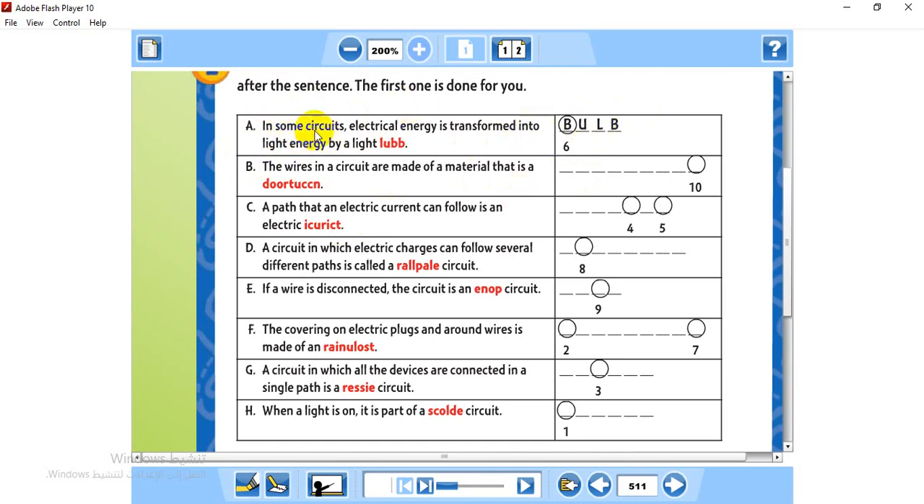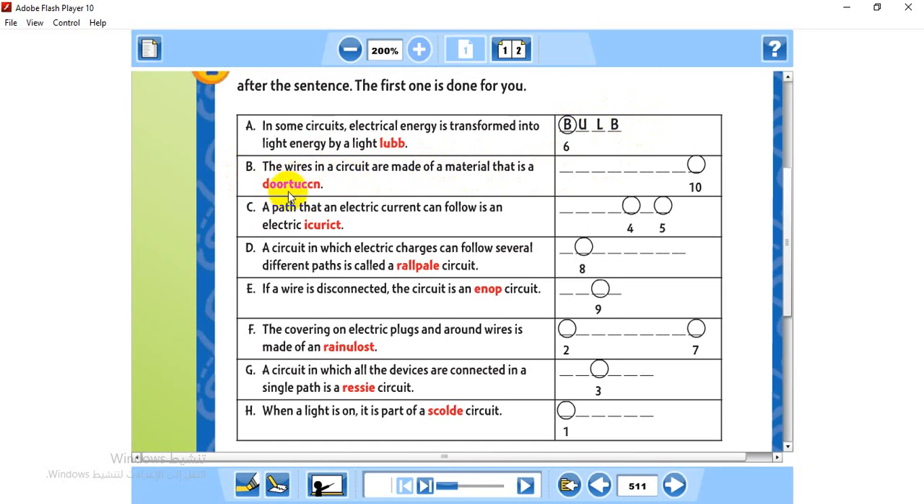Okay, so in some circuits, electrical energy is transformed into light energy by a light what? You have to reorder the letters here, so it will give you something like, pulp. Okay, pulp. Now B, the wires in a circuit are made of a material that is